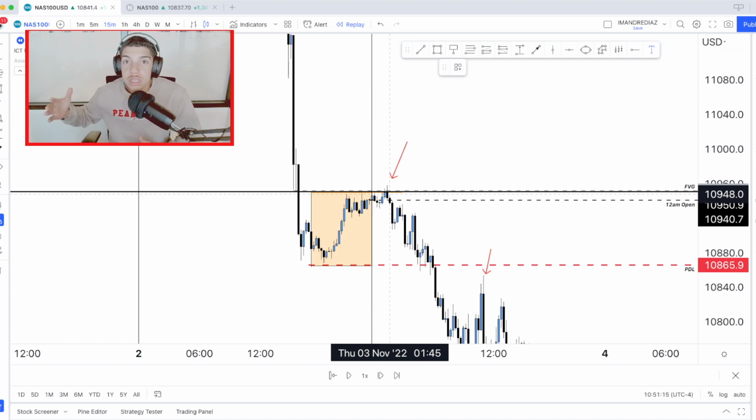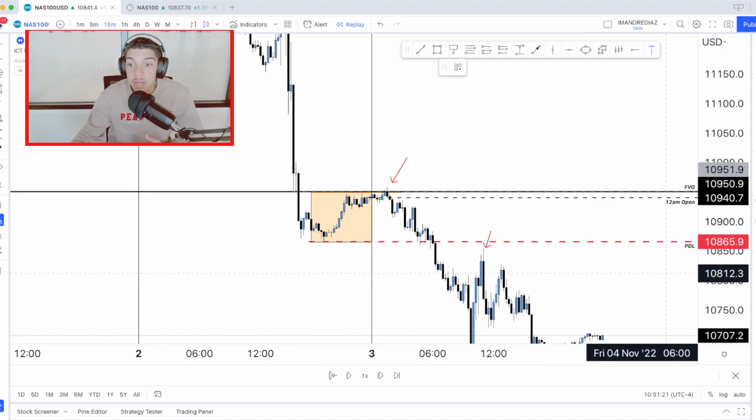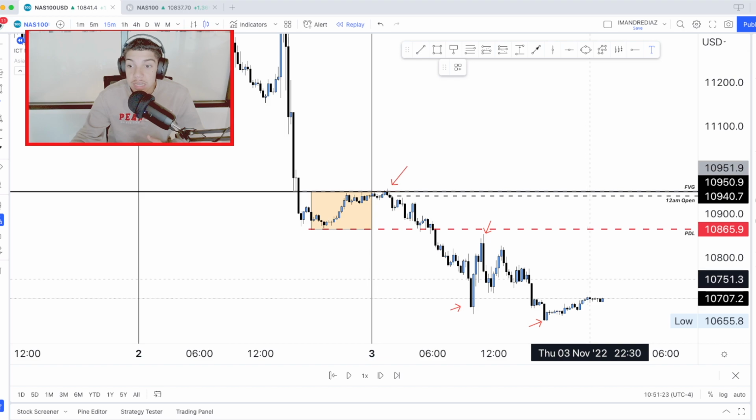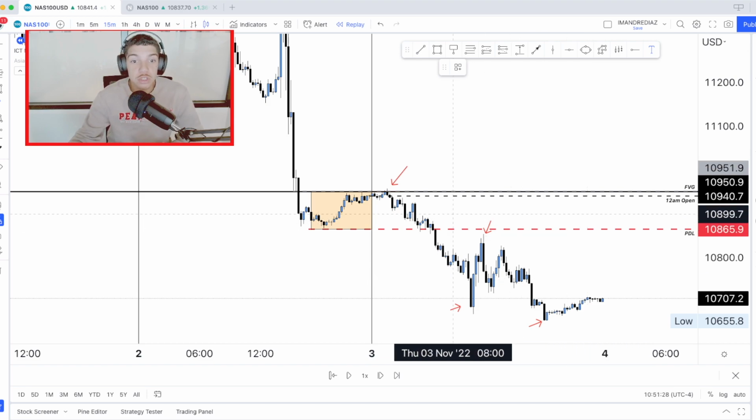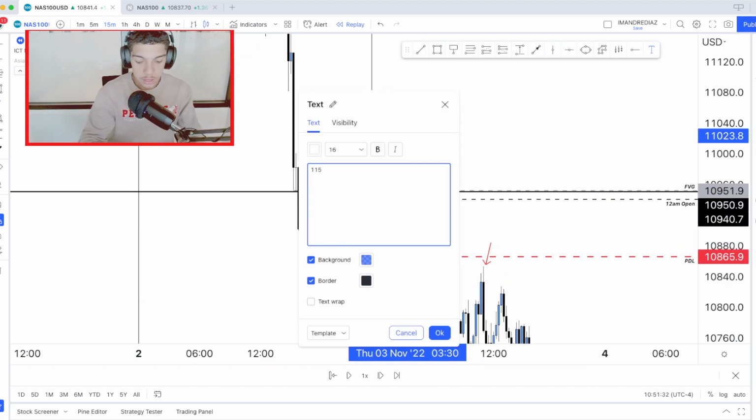We ran that Asian session high during London session, and then we had a major drop off. Look at this. From 10,950, we had a drop down all the way to 10,750. That's 200 points, 200 just based off a simple confirmation. Let's annotate it. 1:15 a.m., we got the high of the day at 10,950 mid-fig